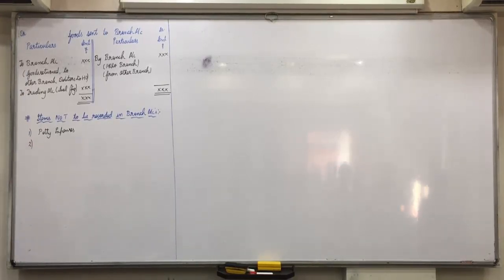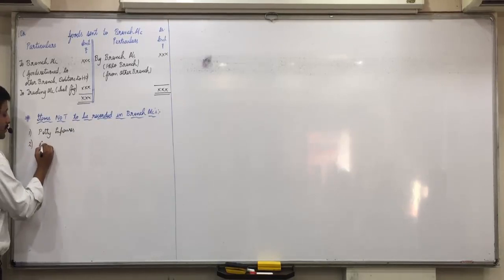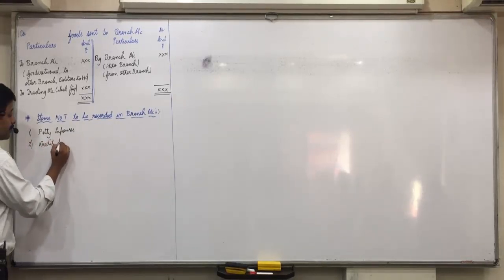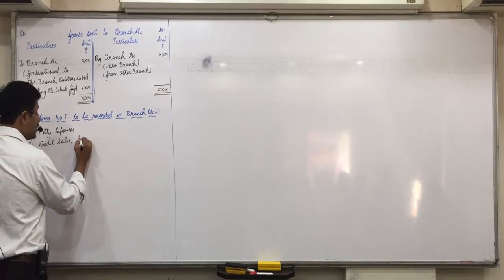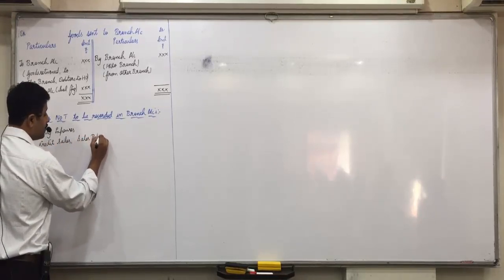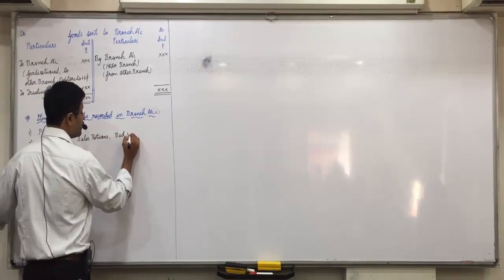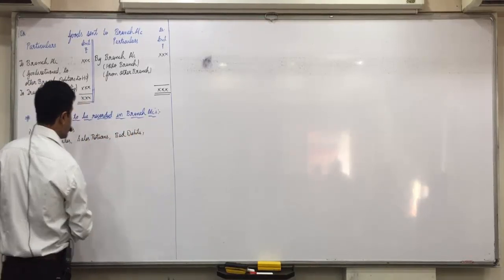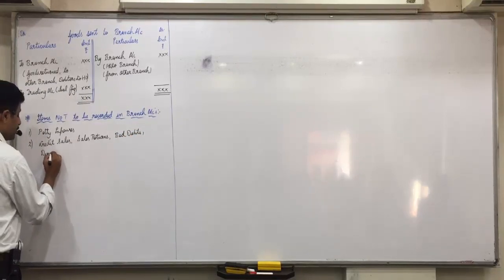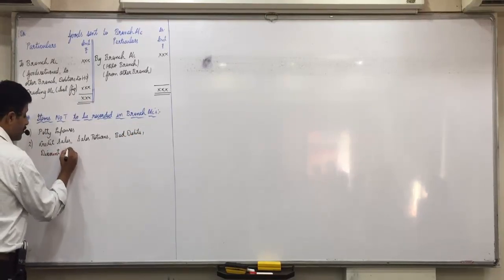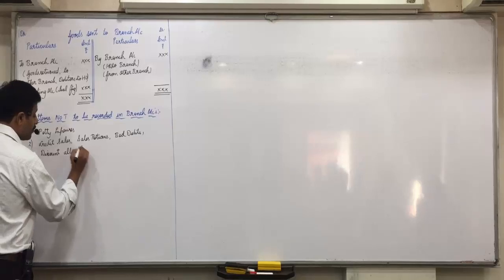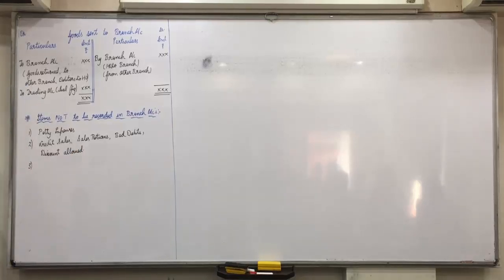Next write down credit sales, sales return, bad debts, discount allowed. All I am writing together because all are related to debtors. So all I have written it together. Credit sales, sales return, bad debts and discount allowed.